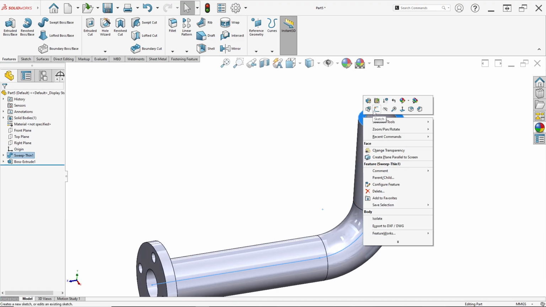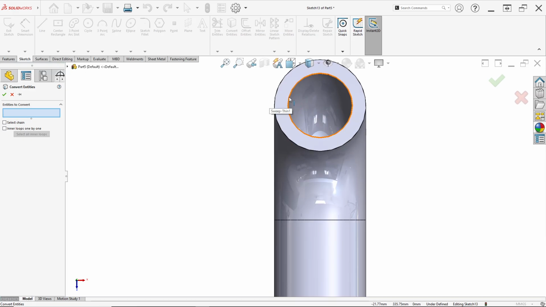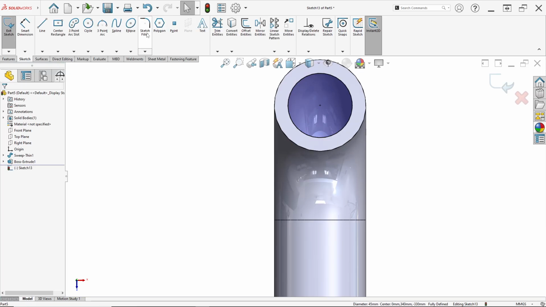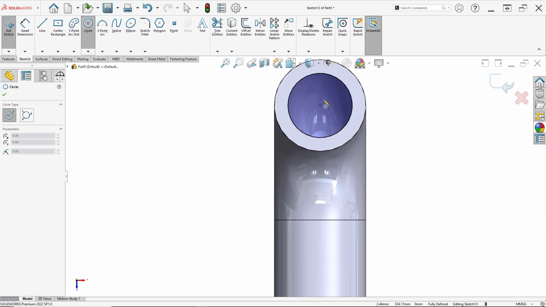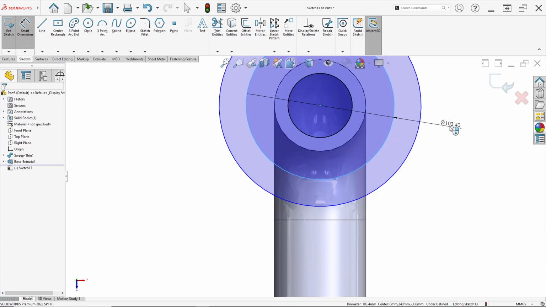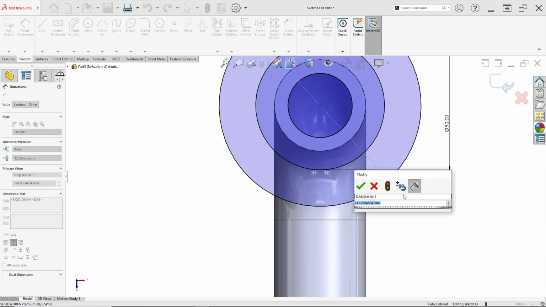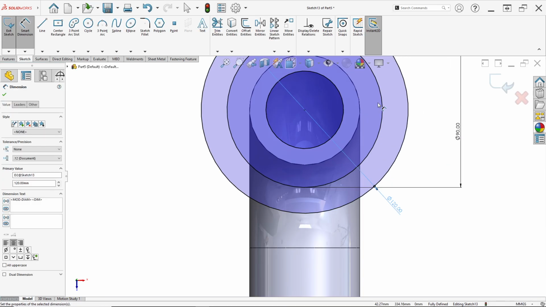Right click on this face and click sketch like before. Convert entities for this edge and make two circles from this center like this and this. The first circle has diameter 90, and the second circle has diameter 120.